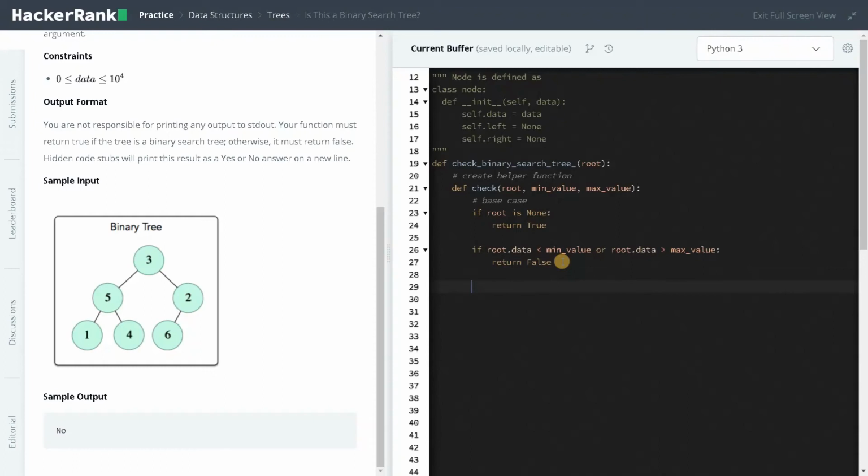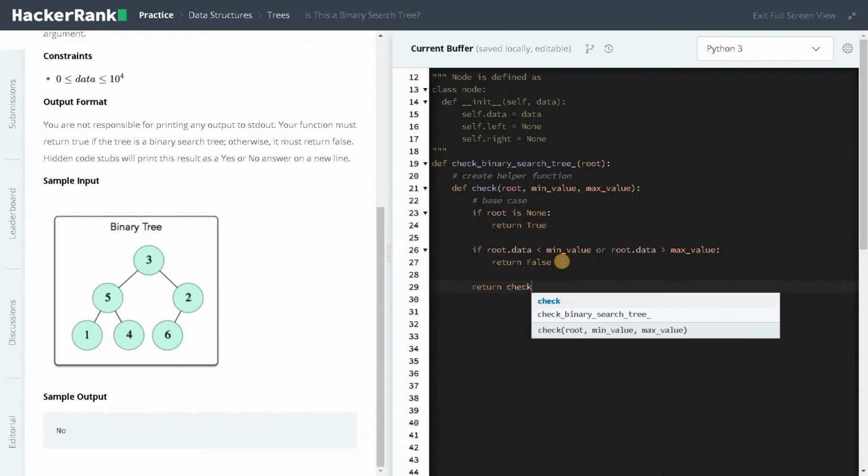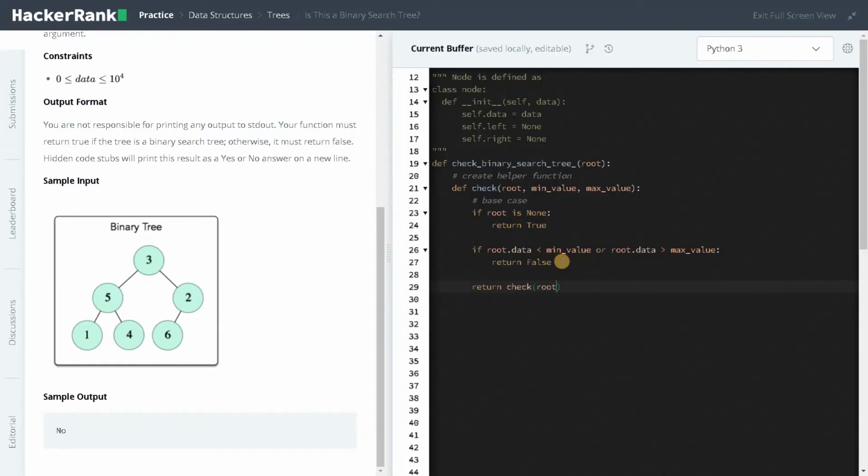Now finally, we need to traverse the remaining nodes of the tree if it is true. Return check root dot left, min value. Here we need to update the max value. So the maximum value will be root dot data minus 1. This is similar to the binary search.